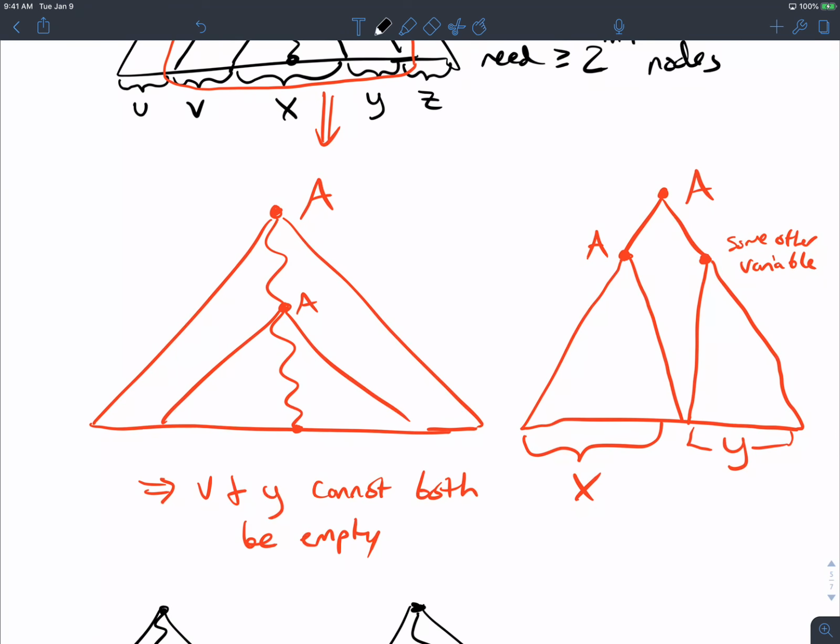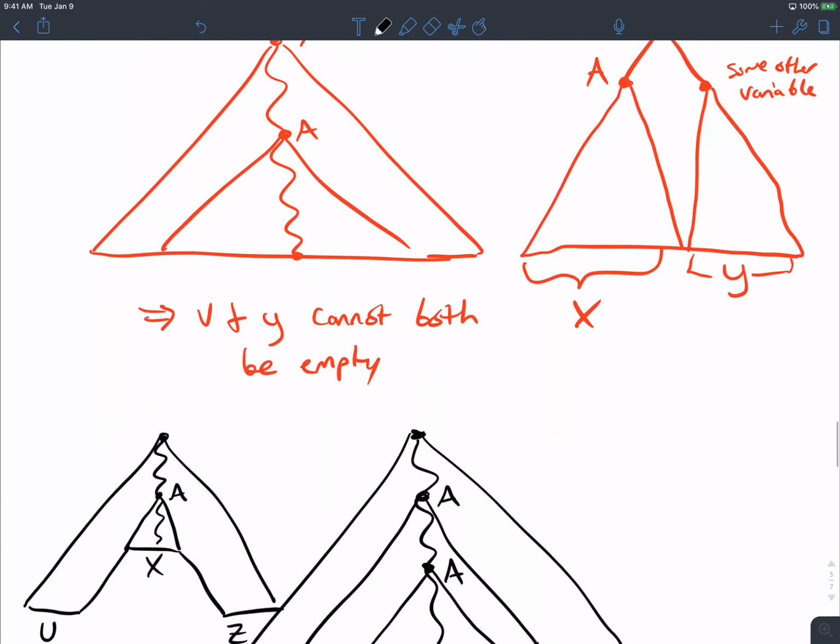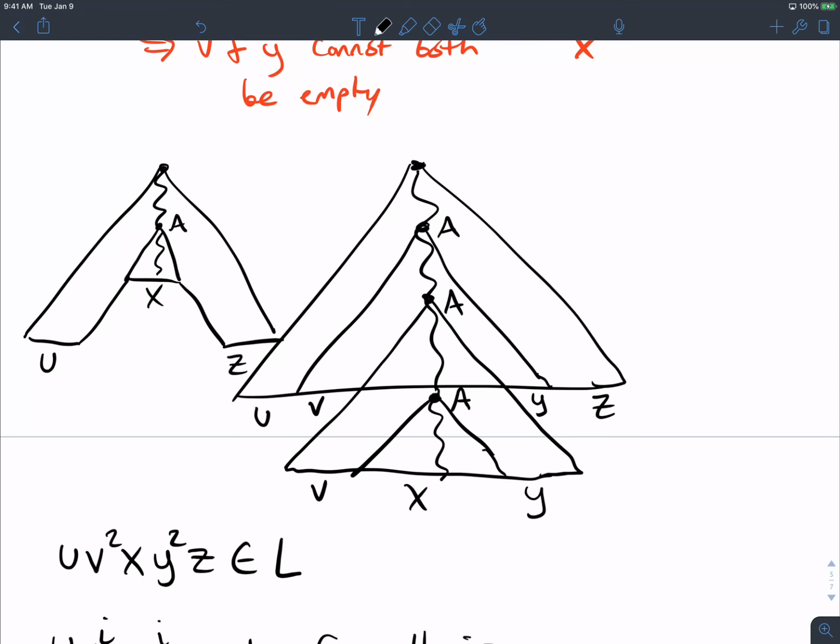And because of that, we can't have both sides of the tree being empty, the V and the Y part. Then we noted that we can copy the subtrees down because it's a context-free grammar. It doesn't matter where the variable is. It's the same variable, so that we can get a different string because it has a parse tree, it's also in the language.